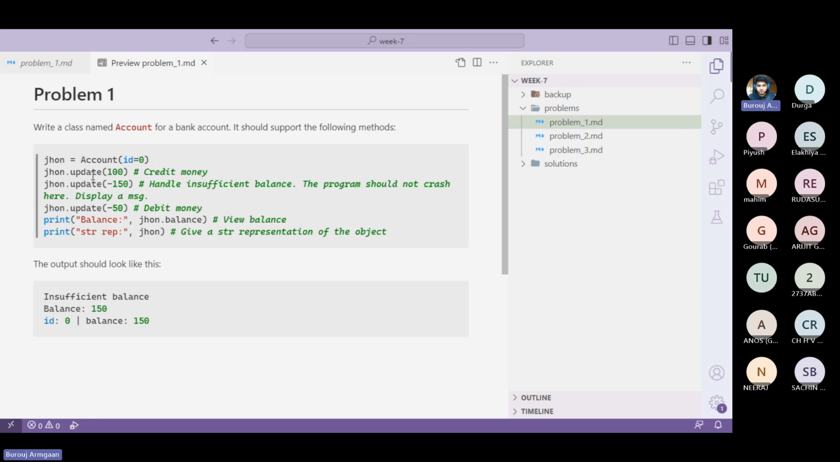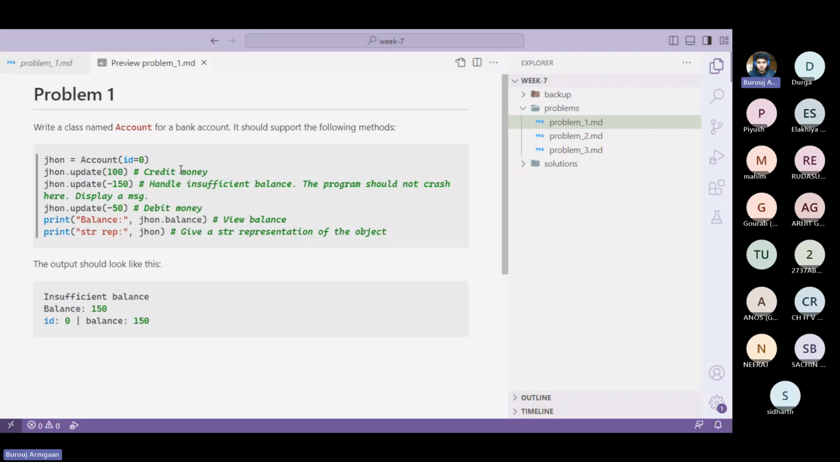If you want, you can create separate functions, one for credit, one for debit, or a single function. And you should handle insufficient balance. Let's say a person has 10 rupees and he wants to debit 100 rupees. You should not allow that, but your program should not crash at that point. It should output that you have insufficient balance, but you should be able to do the next